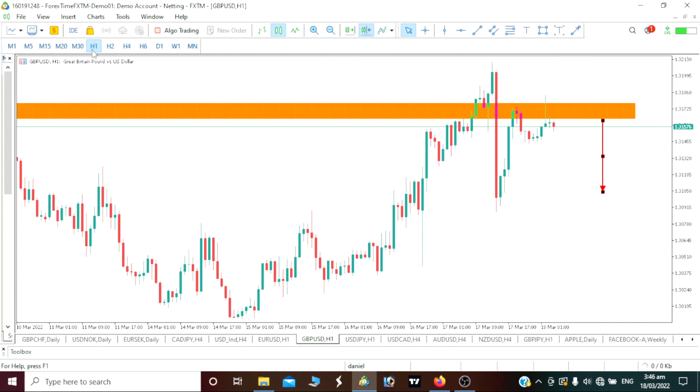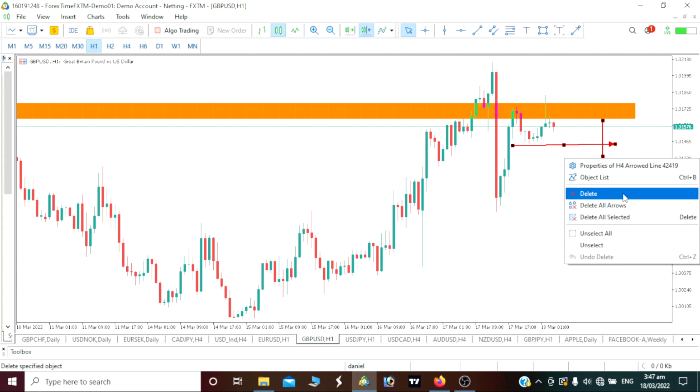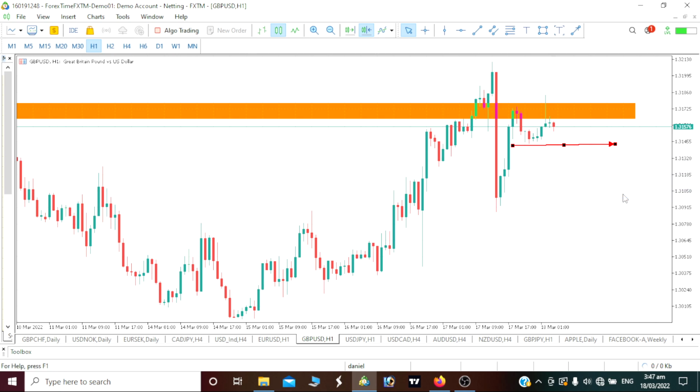So on our 1 hour time frame, we can see that our price is still actually going bullish, until our price probably breaks below this area. Then I want to take my sell position. So as of now, we will be waiting to see our 1 hour time frame start giving us a confirmation of bearish move. Then we will take the sell.